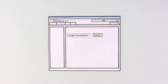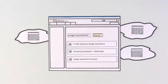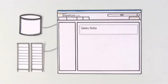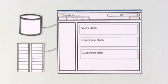Instead of having to reinvent the wheel, she can search Sharepoint for documents from other projects that help her get started quickly. The same is true for existing databases and networks within her company. Sharepoint plugs into these systems, so Monique and her team can access sales data, inventory numbers, and contact information right